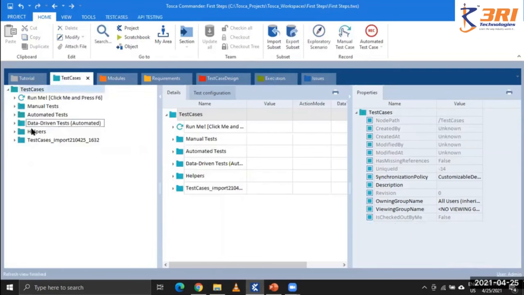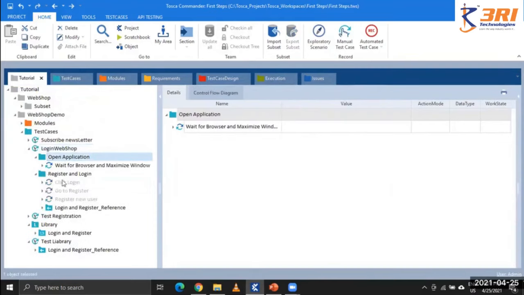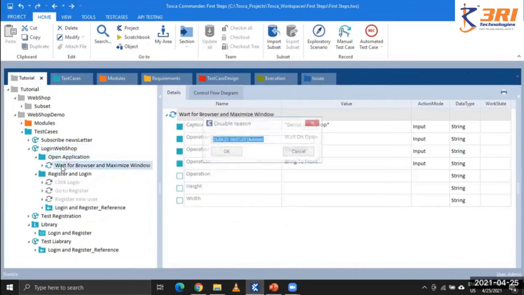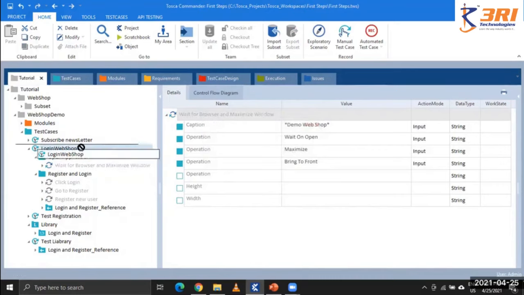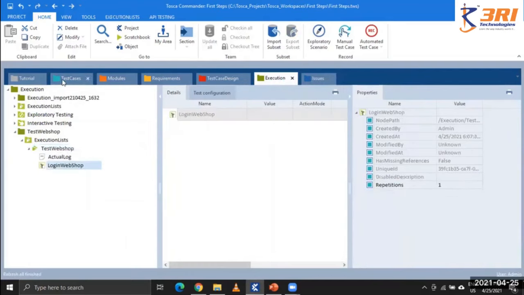And we just need to drag our test step here, test case here in our execution list. So as a part of